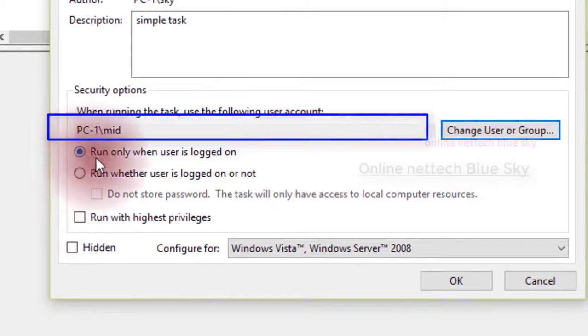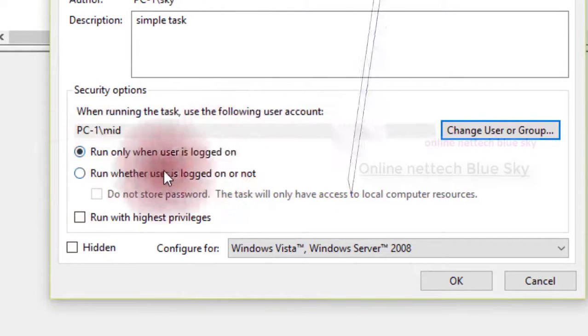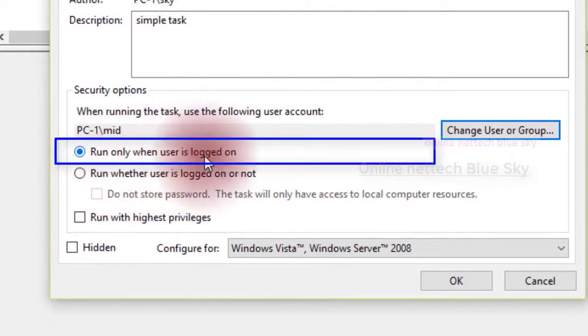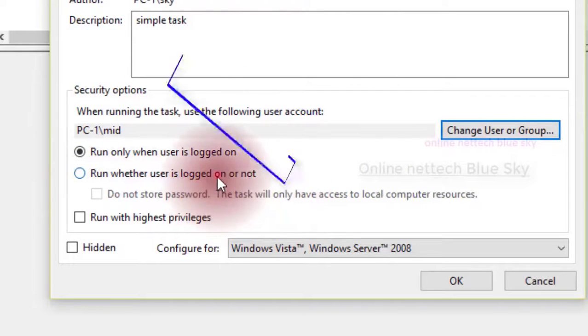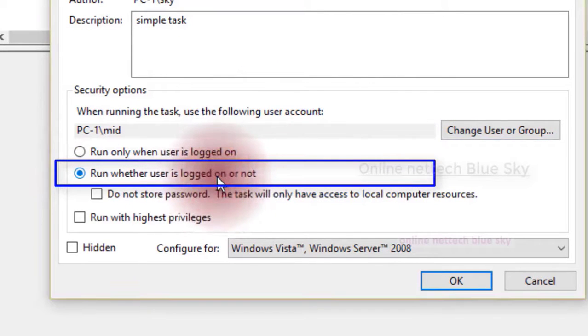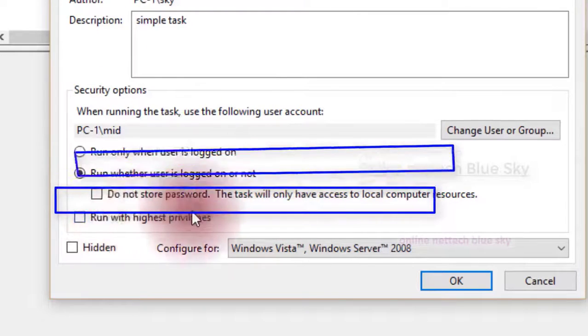and you may not be logged in, but you can use the option to run only when the user is logged on. So you log in to this account, and with this first option, that's when it runs. But the second option is very important, because whether you are logged in or not, it starts automatically.